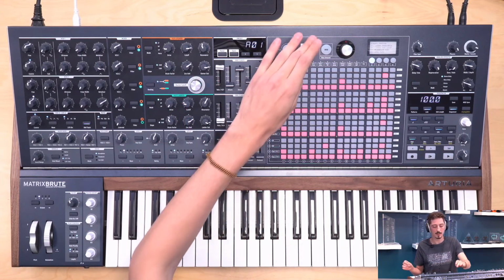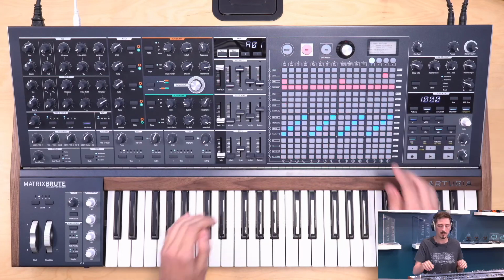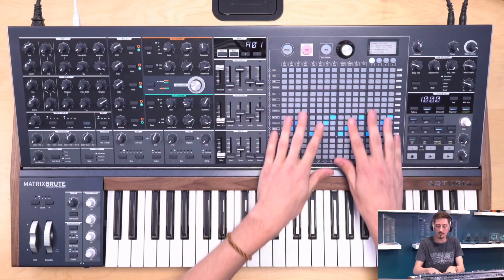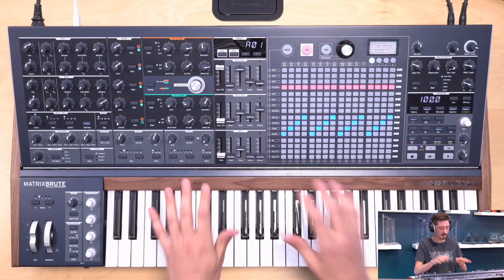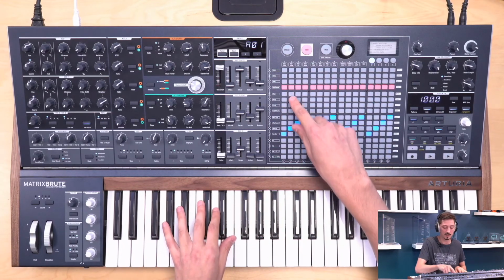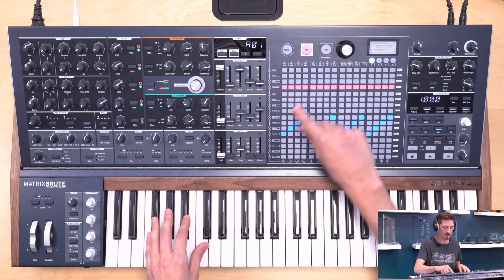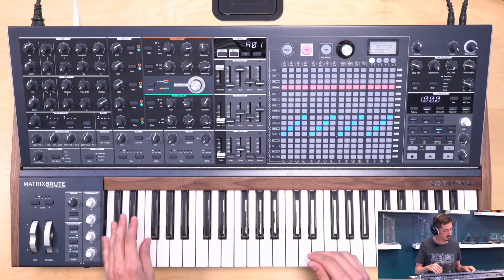So yeah, and then we have a last mode that is quite specific to the MatrixBrute, and it's called the MatrixBrute arpeggiator. So basically, it's an arpeggiator that uses 4 notes, and you can shift the octave of each note separately with the blue, with the bottom rows. So if I play 3 notes, for example,